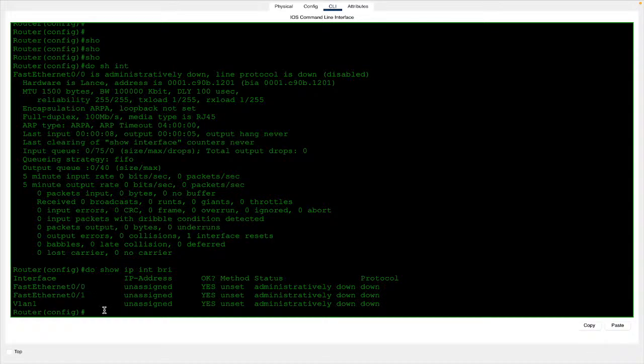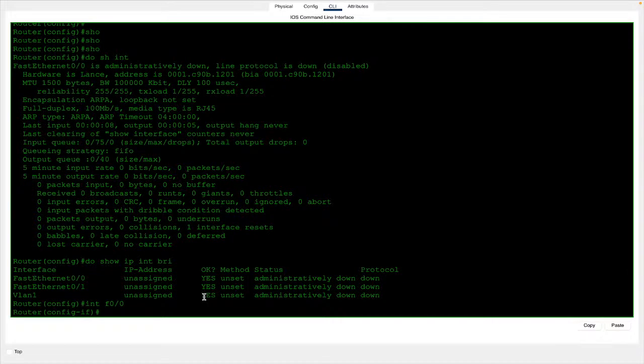All right, so for this we have to select the interface. So I'm going to take int F0/0. F0/0 is the short form. As soon as I write int F0/0, that means I selected the port or interface 0/0. All right, and I'm going to assign an IP address on this particular port. In order to assign an IP address, I can simply write ip address